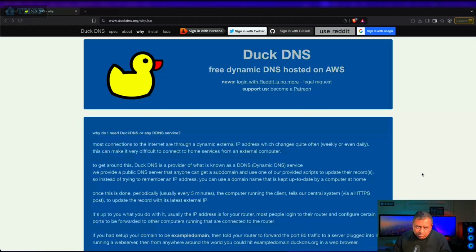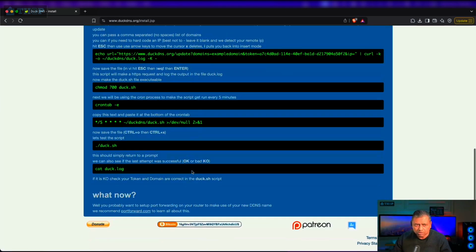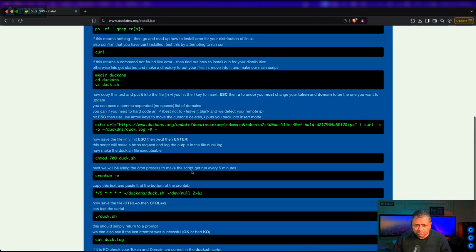So if you are having a router or an internet service which is based on a static IP address, you could use the IP address in your OpenVPN. But I would definitely recommend using one of these free DNS services. I have used DuckDNS for a while now, and it works well. There are some installation instructions here. You can follow this instruction if you plan to use this, and you can then set up a DNS service